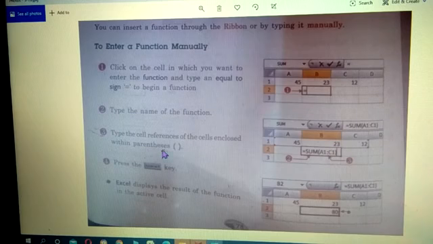So the computer will understand after the equal to sign that it has to do the calculation. Then it will see the name of the function, that is SUM. Now what do I need to add? I need to add all the cell references that are inside this parenthesis. It will understand. Now when you press enter, you will see that the resulting value is shown in the cell in which you have performed the function. Now I will show you how formula is done independently, and how function is done manually.